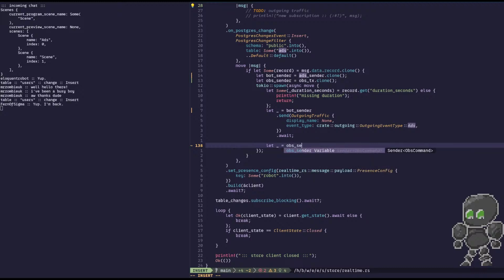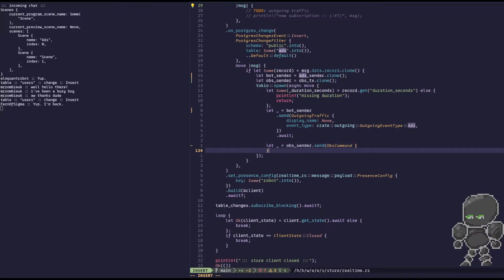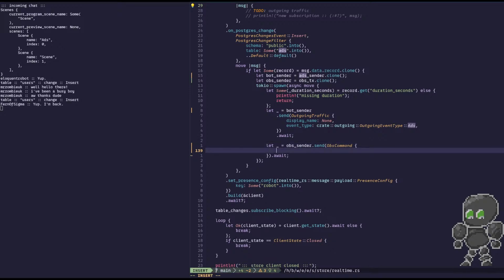OBS sender send OBS command await, and the command is going to be oh right, it's not even that, it's just this scene change and oh, what's it called, ads. And so